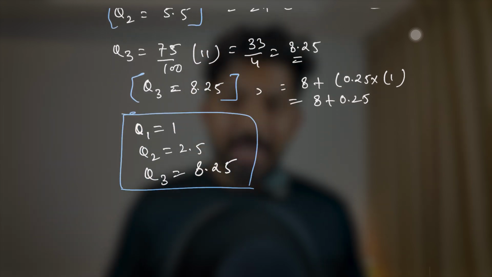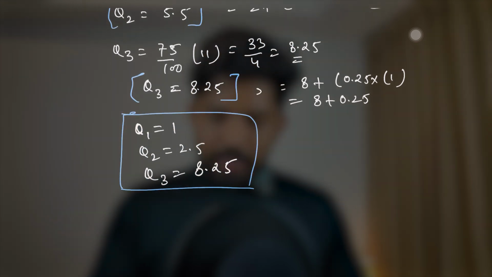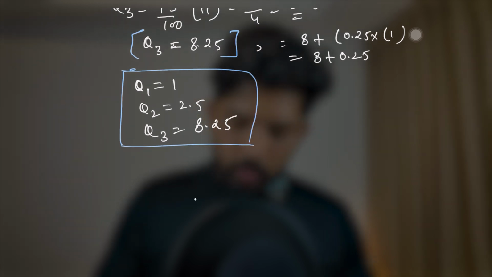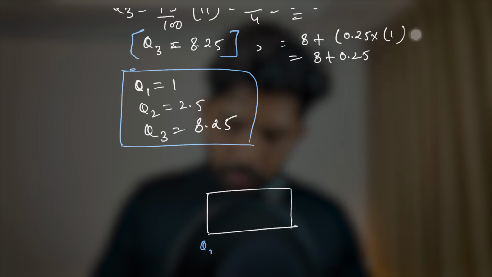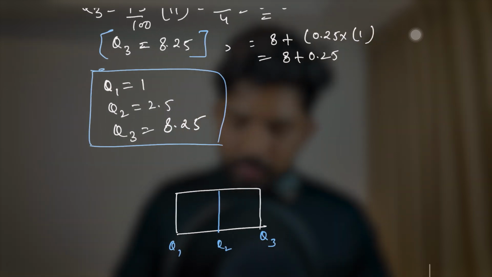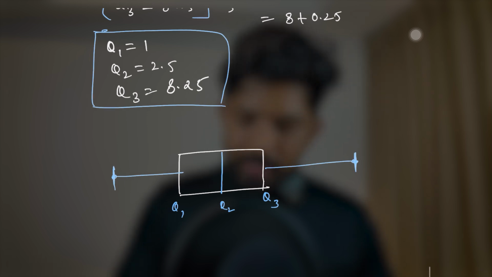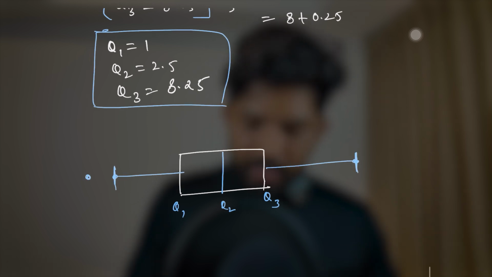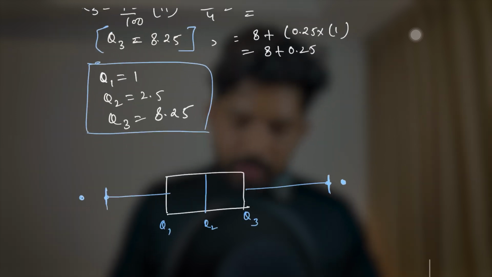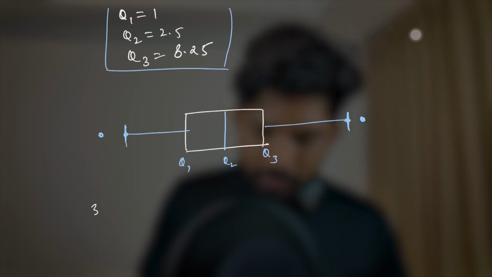So now we can create a box plot, but not completely. Let me draw a half box plot. So we have this, right? And we know that this is Q1 we have, this is Q3 we have, and this is the median we have, which is Q2. Now we need to find the minimum value and the maximum value and the whiskers. So here we have the minimum and here we have maximum, and then we have to find out the whiskers, which are the cat's mustache, right? So the third step is to find out the minimum and maximum.